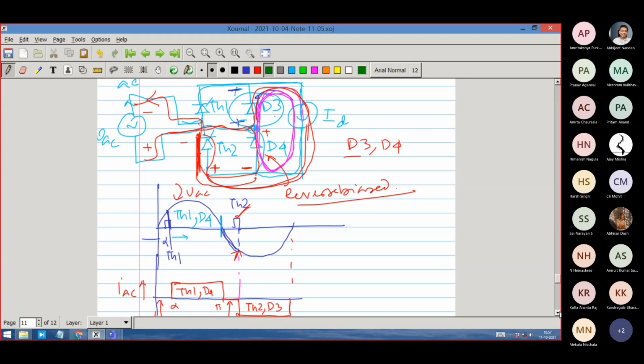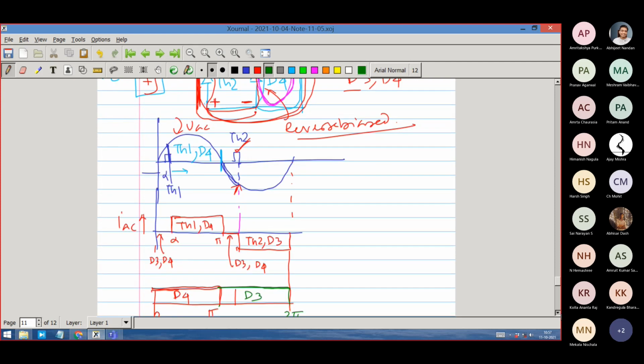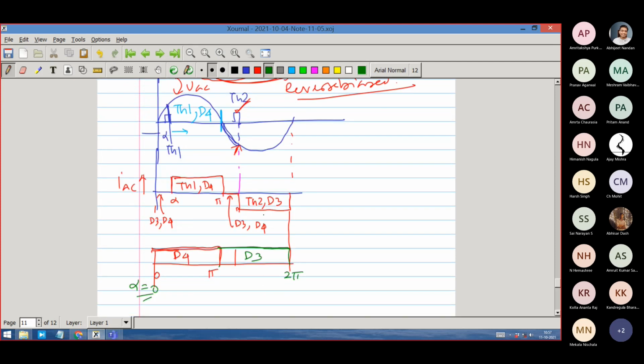So let us take another equivalent, and you know how thyristor 1 is now conducting for less time. Thyristor 1 is now conducting for alpha to pi. Okay, and diodes are conducting for what duration? Sorry, I made a mistake. D4 is conducting more because D3, D4 is covering a common zone. I am sorry, this is a common zone.